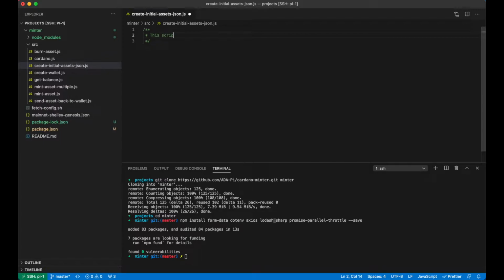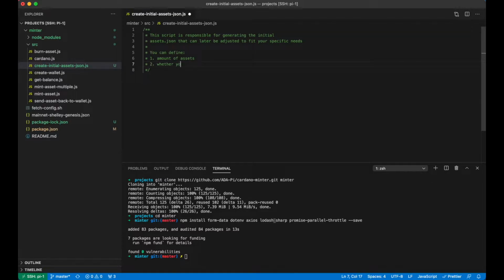This script is responsible for generating the initial assets.json that can later be adjusted to fit your specific needs, and it will allow you to define the amount of assets that you will be generating,